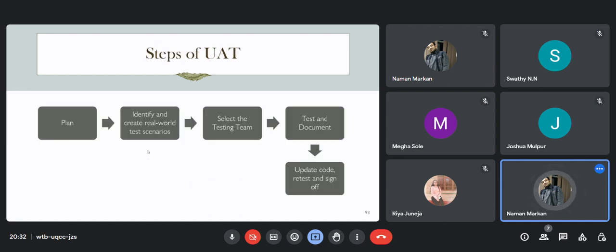Now moving on to the steps of UAT. As we have talked about, who is going to perform the UAT: the people who are going to have this particular product as an end result, the end users, the stakeholders, the client, they are going to perform this UAT, right? But how does this UAT work? What are the basic steps involved in this particular UAT? So first, what exactly is there, like the plan